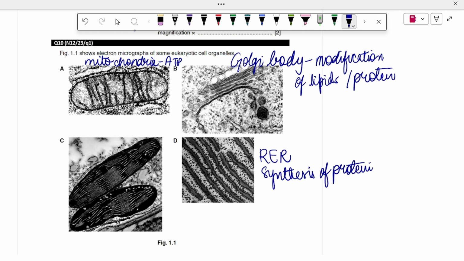Then you have C. C is obviously your chloroplast. इस तरह आपको अपने आप को train करना है to quickly identify कौन सा cell organelle क्या है। And chloroplast का function again synthesis of ATP हो सकता है, but you're going to write something different. You can write in the process of photosynthesis, the most common one. Photosynthesis वाला pointer आप mention कर सकते हो।